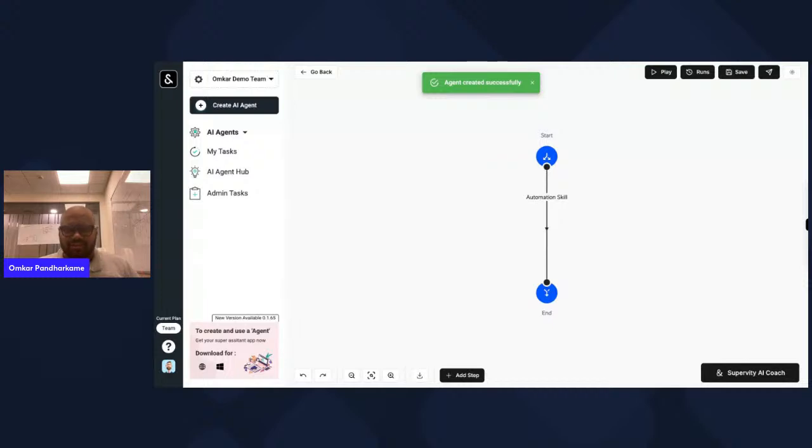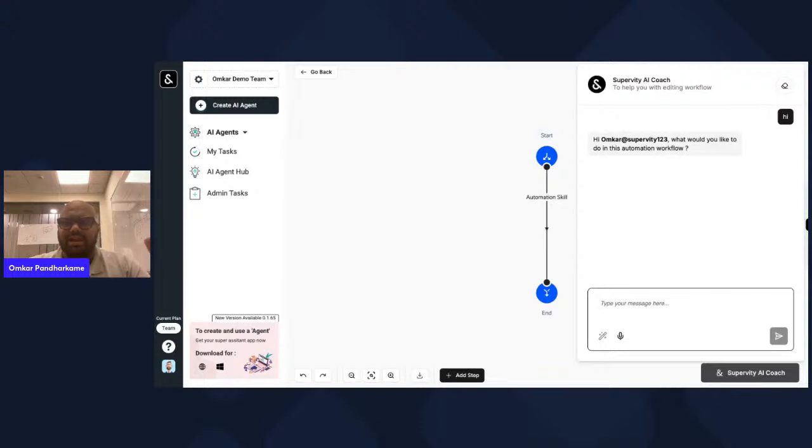Now, when I'm clicking on next, I should be able to see this particular screen. This is my canvas. Now, in this canvas, I can simply put in my chat box what exactly is needed. Now, I'll tell you the steps, right? The steps for me, one second. I've put the prompt into the comments.